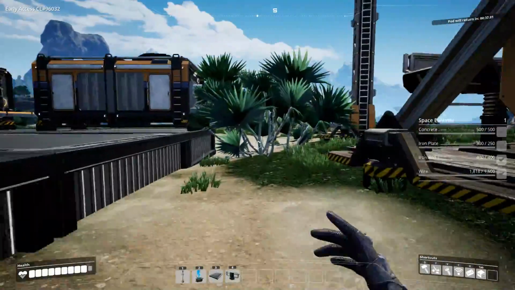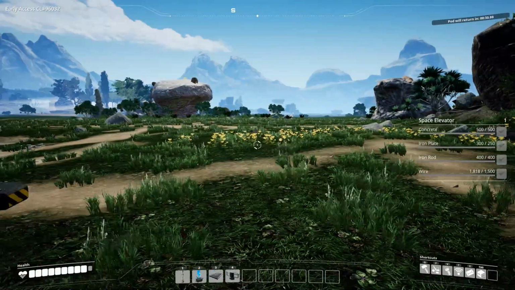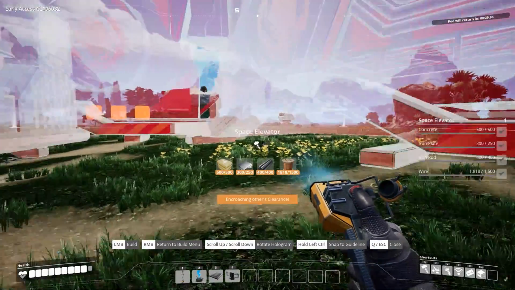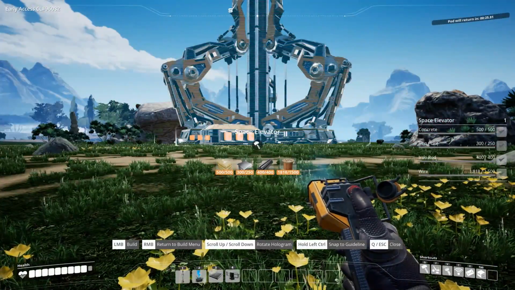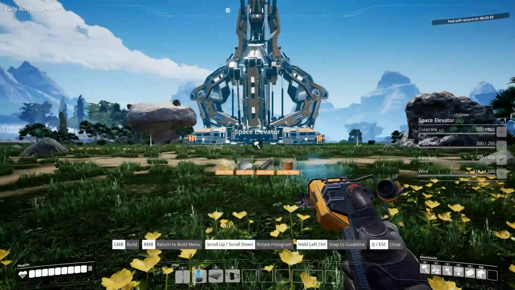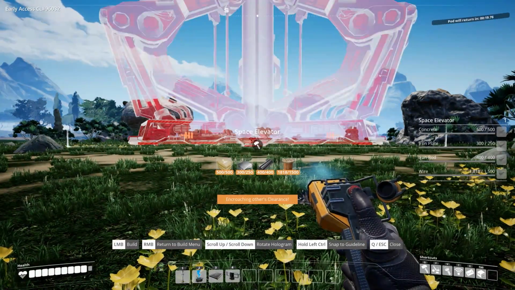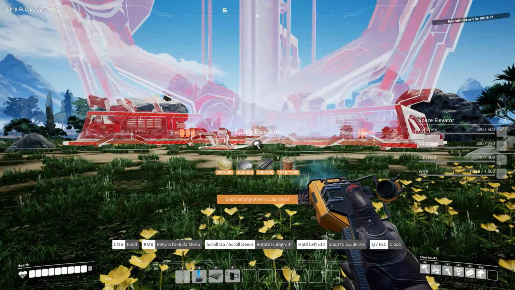Let's run over this way a little bit. So I still don't know. This area is pretty flat. I reckon I could just probably put it down here. Let's have a look. Here we go. And let's rotate it. Oh god. Let's rotate it a little bit. Where is the... Oh, there it is. There. Okay. The bit that we need. So that's going to go...